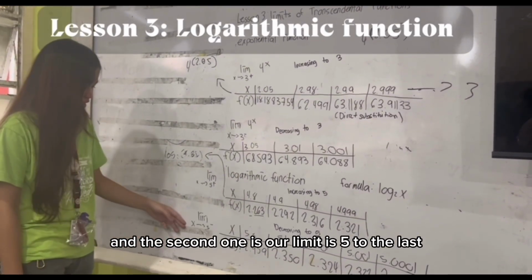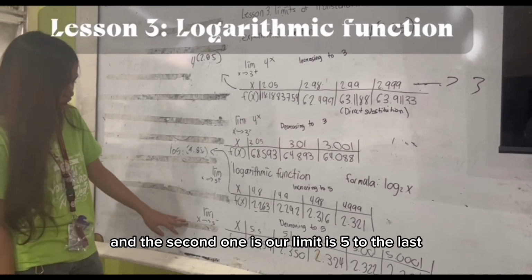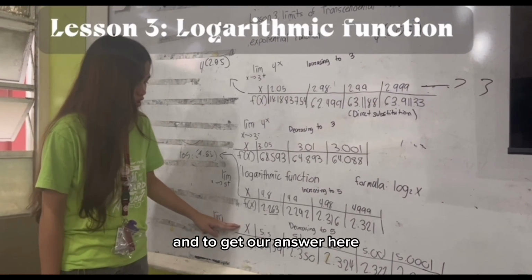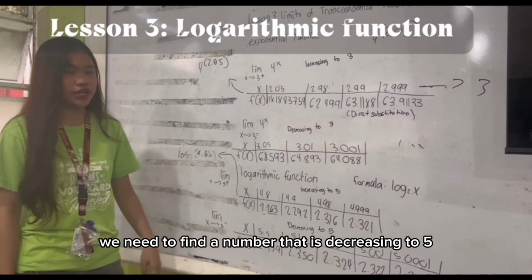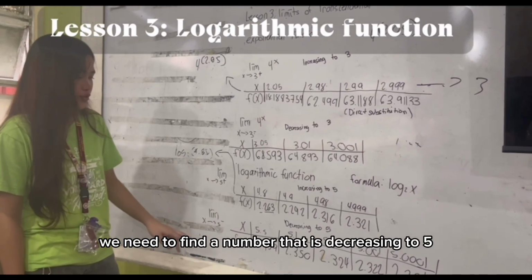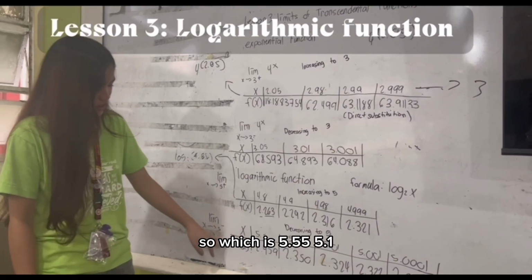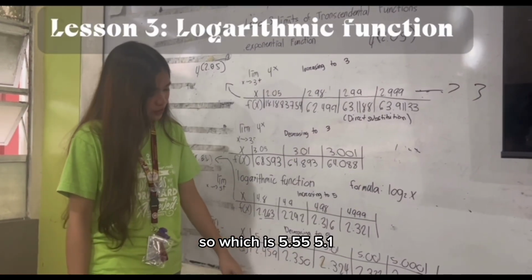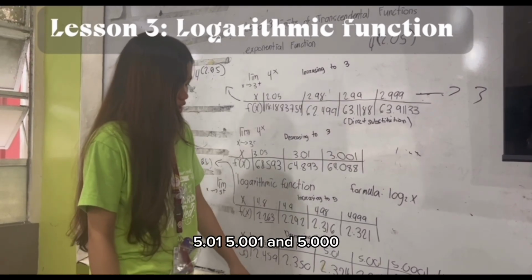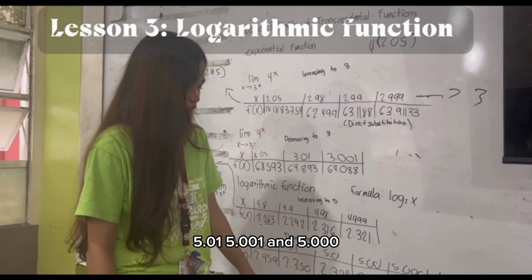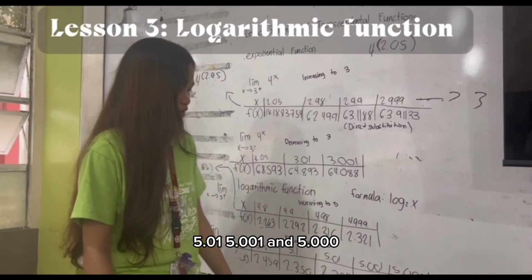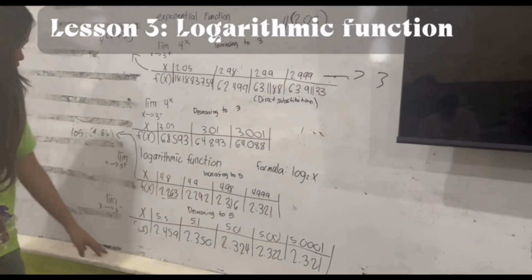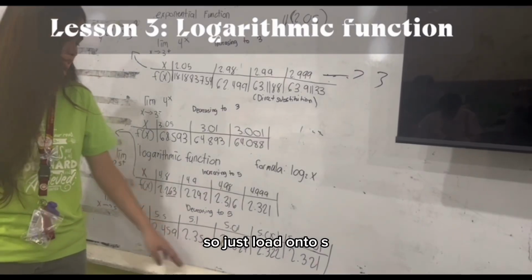And the second one is our limit is 5 to the left. And to get our x here, we need to find a number that is decreasing to 5. So, which is 5.5, 5.1, 5.01, 5.001, and 5.0001. We need to use our formula again, which is log 2 x,